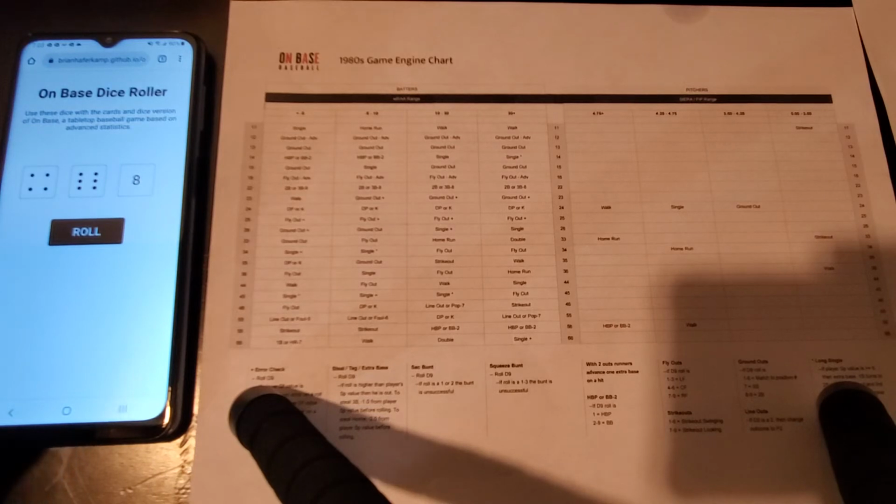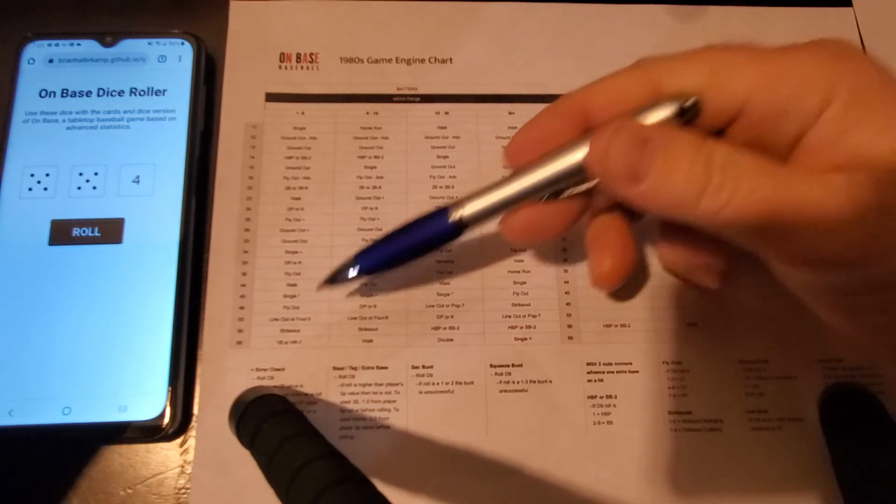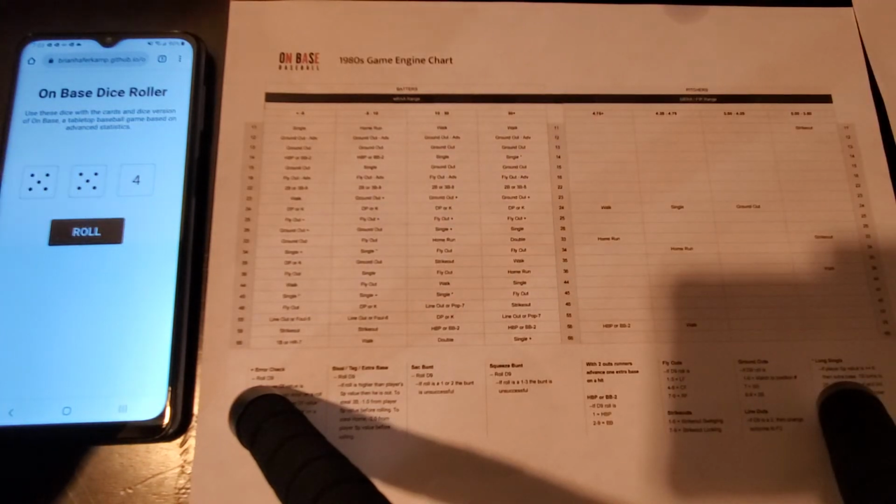For out number 2, brings up Rivera, the shortstop. He homered in his last at bat. Had a solo home run. That's a 5-5 to a -8. 5-5 is going to be a line out or a foul out. So it's a 4 here. So we're going to call that a line out to the third baseman for the 3rd out of the inning.